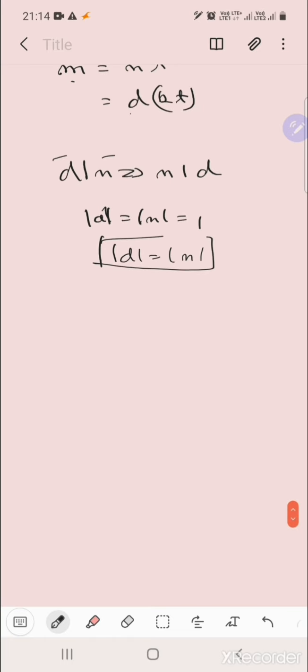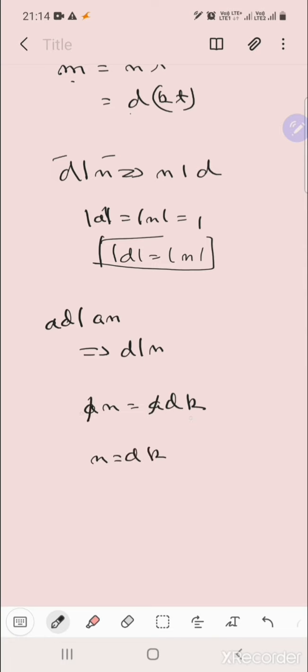The next is a very important property, that is the cancellation property. What is the cancellation property? Basically, if a times d divides a times n, this implies d divides n. This is also pretty easy to understand. So an is equal to adk. By left cancellation law you can cancel these two, right? So n is equal to dk. You can also divide by a on both sides. So this means that d divides n. Clear? I guess this is the ninth property.